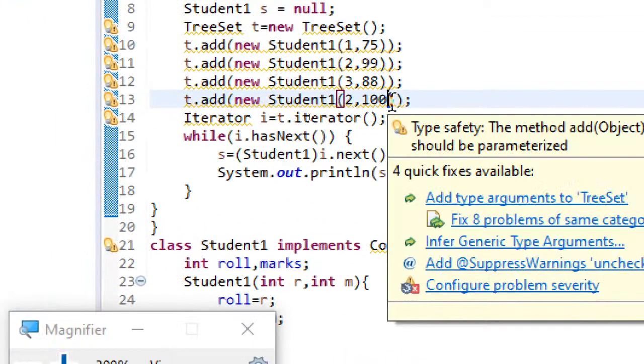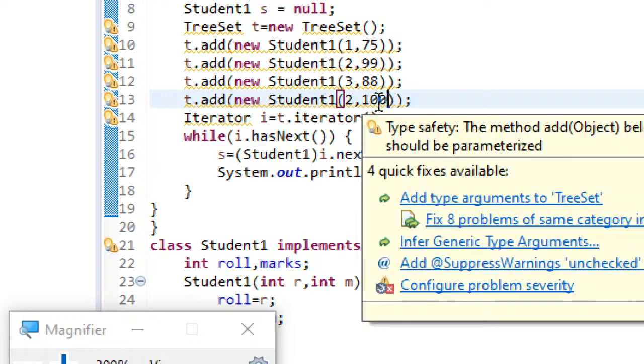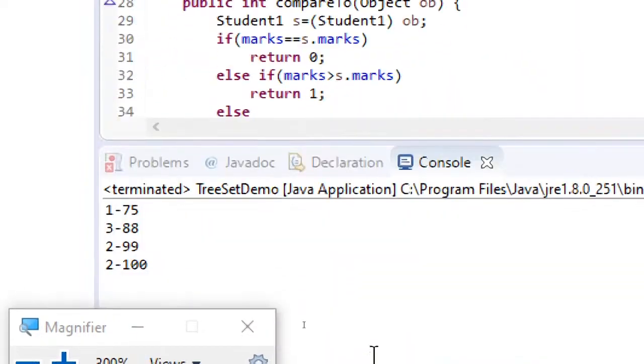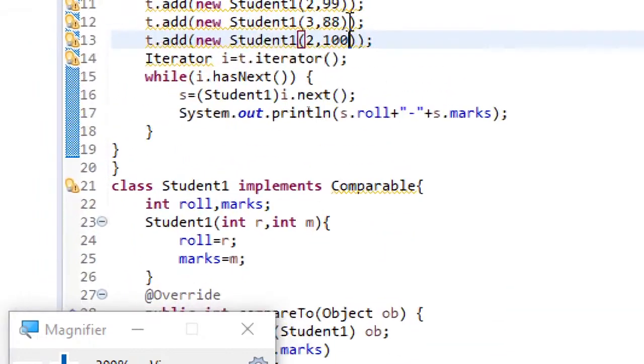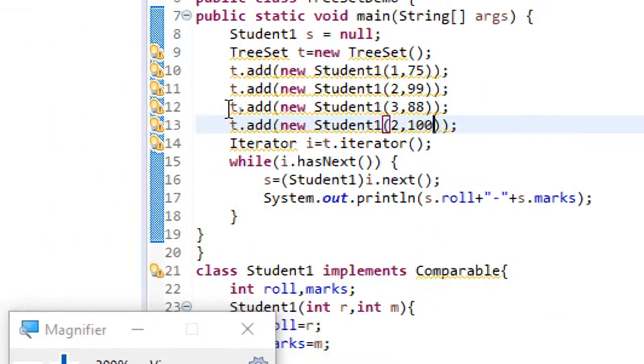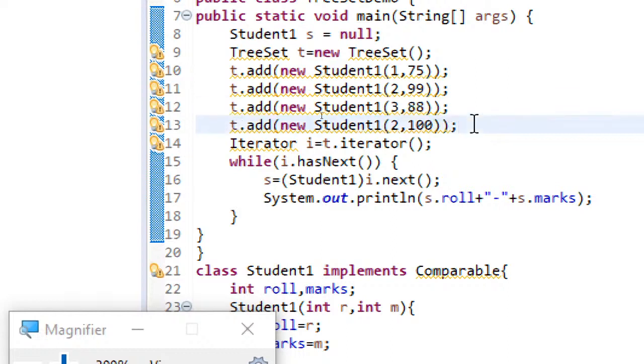When I have the same record with the same marks, then it did not give me twice, but now here the marks are different, and this is not like key value pairs. It's not like key value pairs, it's like a record. So I hope you are understanding the difference. If you want, again you can see by adding this same record, it doesn't make any difference.